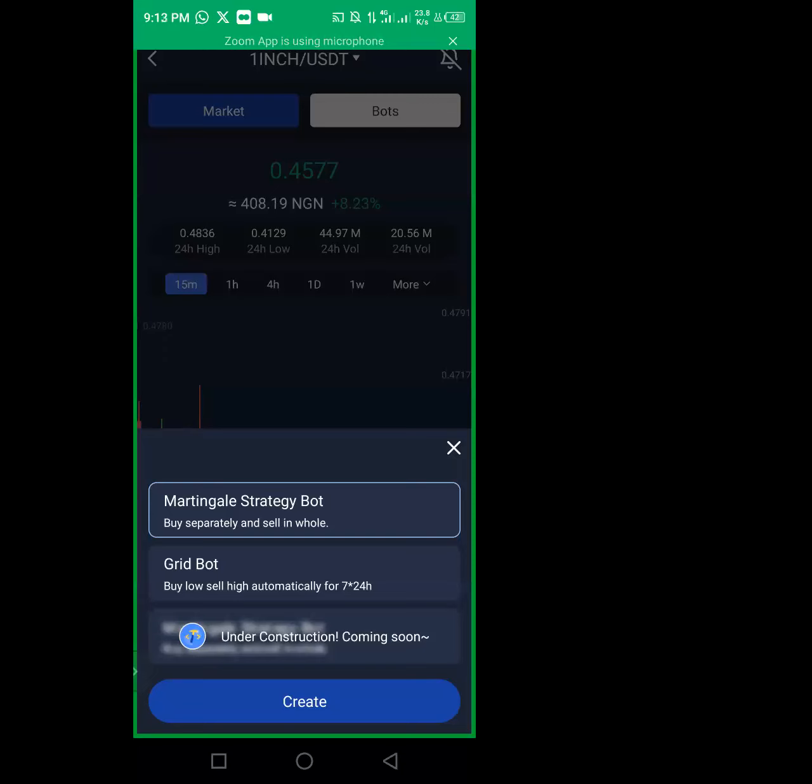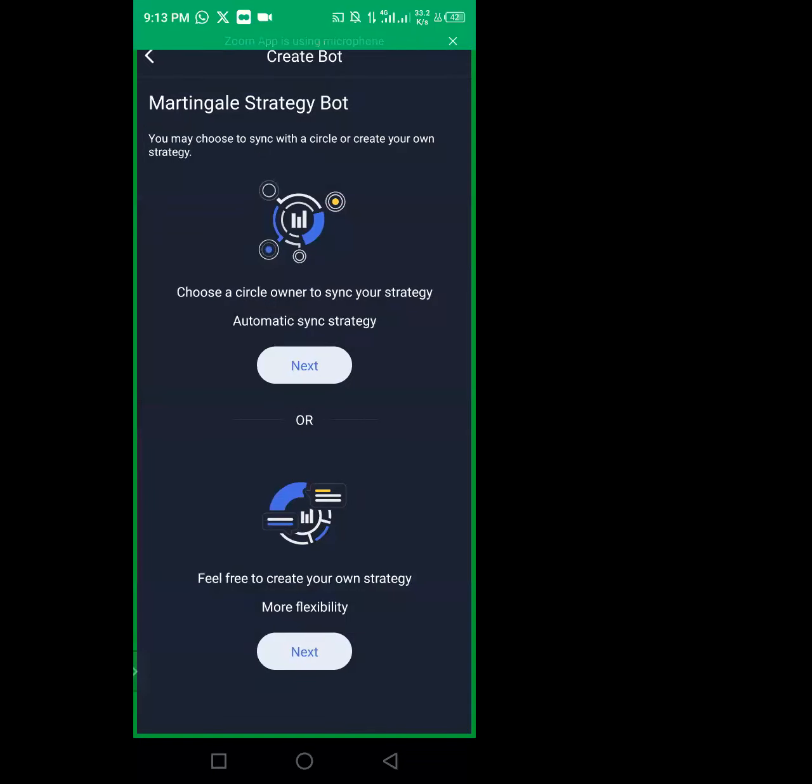But we edit the Martingale strategy. That is why if you click on create now, you see this second option where they wrote, feel free to create your own strategy, more flexible. We use this last one. Feel free to create our own strategy,